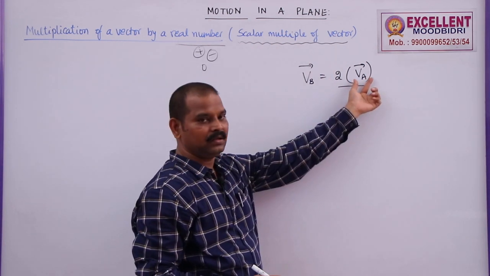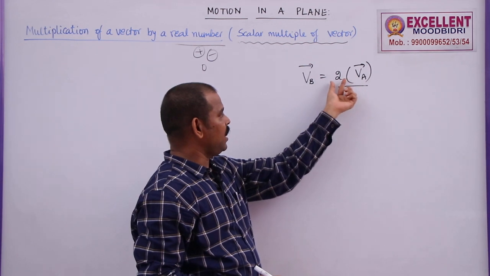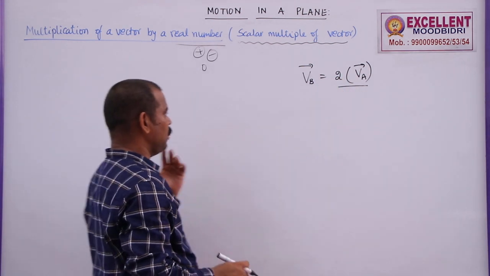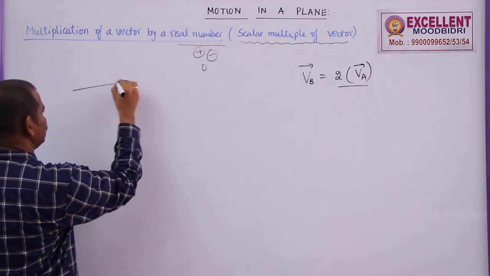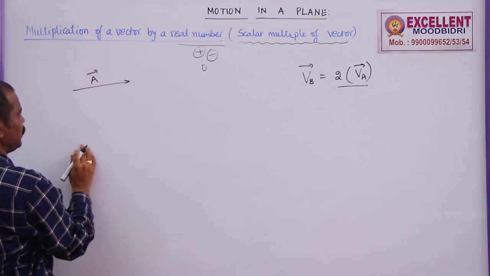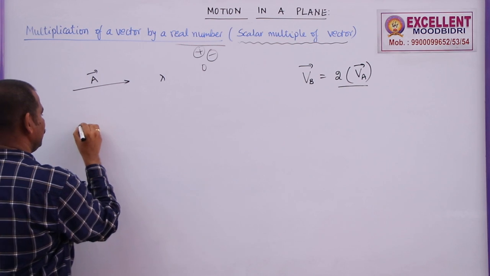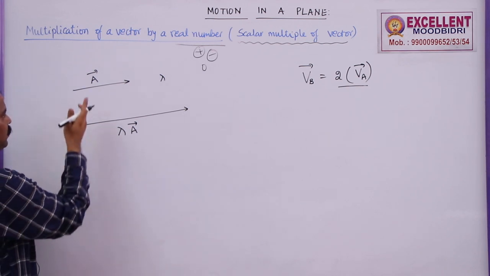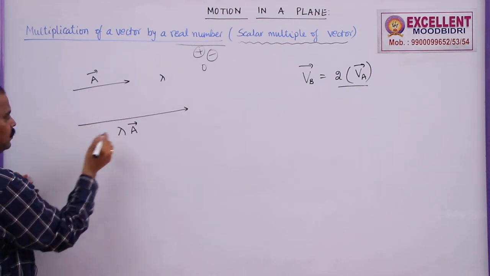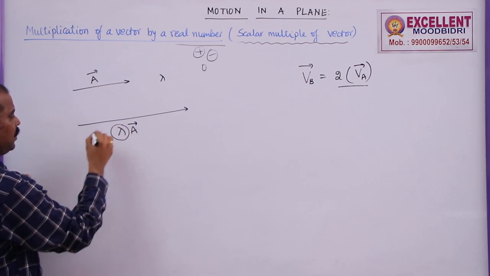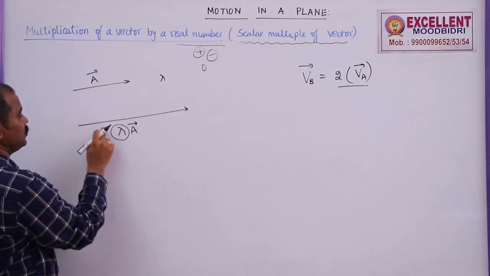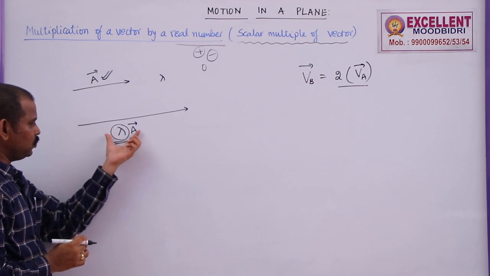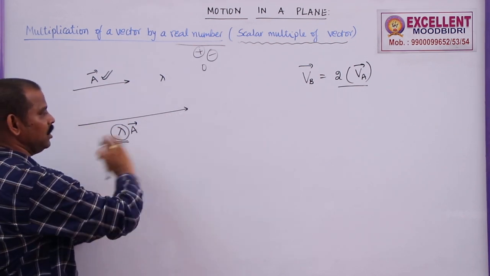That means, we are multiplying a vector with a scalar value, that is, this may be a number or it may be a physical quantity also. Now, let me take one vector here. This is A vector. If you multiply this vector with, let us say, lambda, this will become lambda times A bar. This is a new vector. What is the difference between the original vector and this vector? This vector has a magnitude lambda times more than this one, but the direction never changes. That means, if you multiply a vector with a real number, the magnitude of the vector increases by lambda times, but the direction never changes.